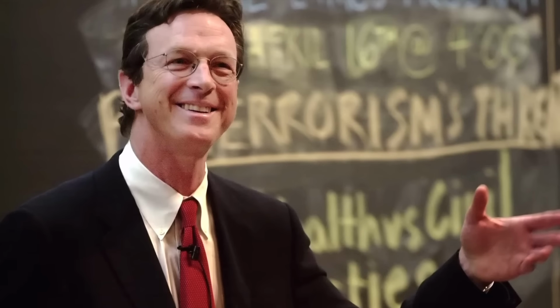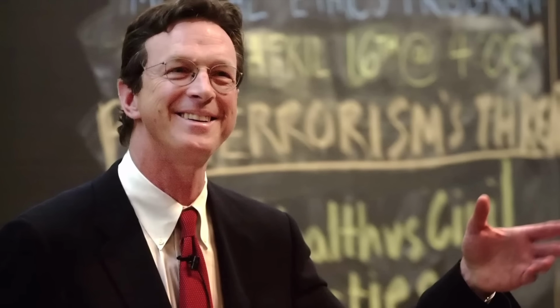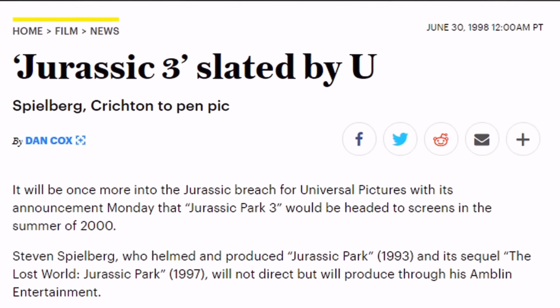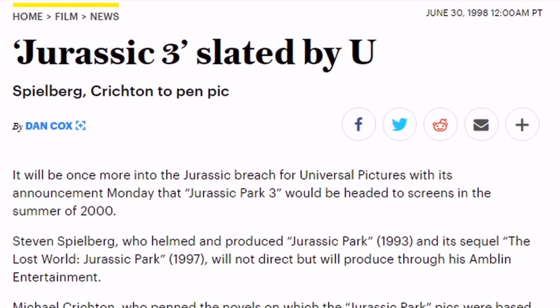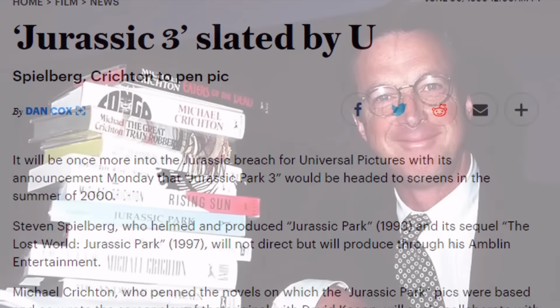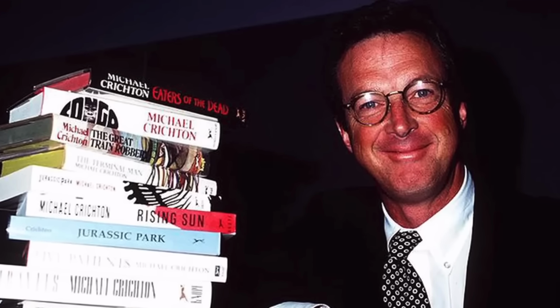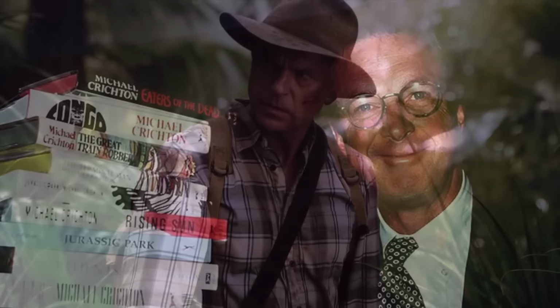In 1998, Steven Spielberg came out to publicly say that Michael Crichton, author of both Jurassic Park books, would be returning as screenwriter on Jurassic Park 3, which would soon enter production. However, for reasons that have never been explicitly elaborated on, Michael Crichton would soon leave the project, and new writers would be brought in to work on the film, with Spielberg's initial story idea being Grant going to live on Sorna to study the dinosaurs by himself, although this didn't stick around for too long.